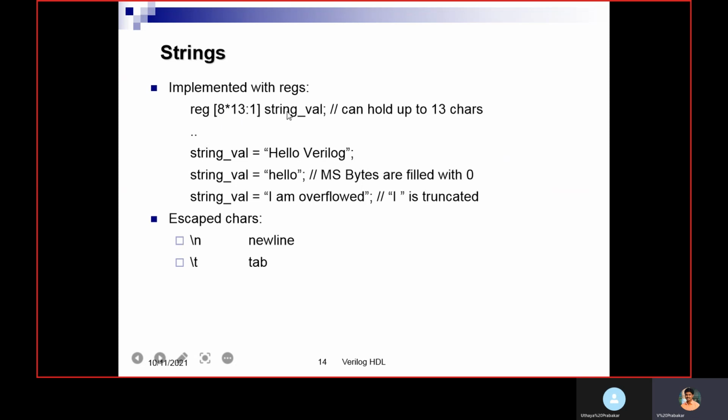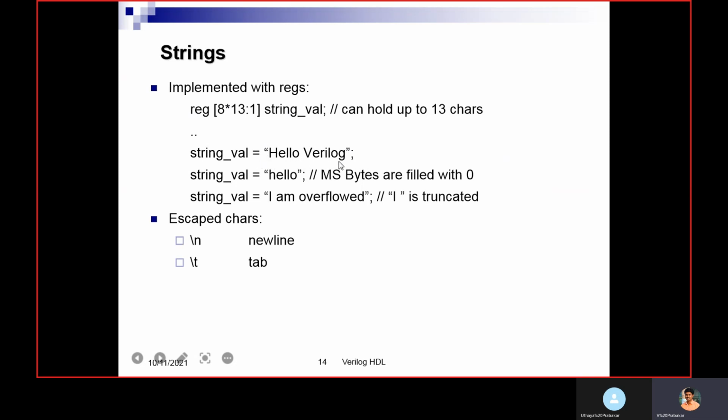This is the variable string value. I declare the string value as a reg, square bracket 8 star 13 minus 1. So in this string value I can hold 13 characters. To assign the string, you should put it inside double quotes.